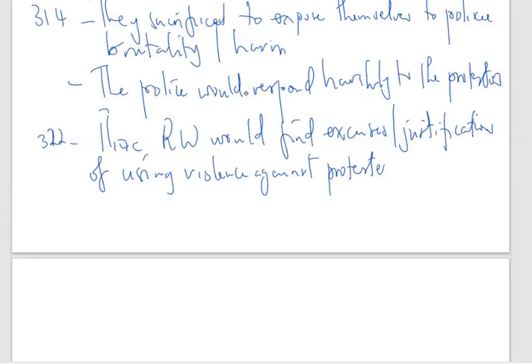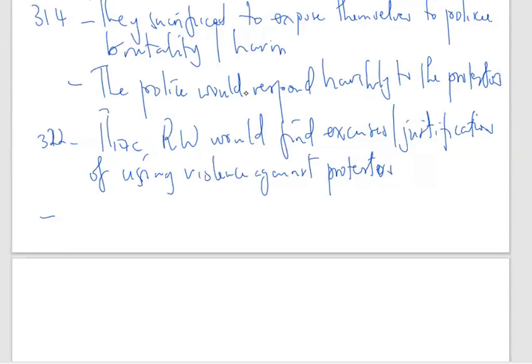If they would riot, it also implied that it would be justified for the right wing to use violence on them. So they will strengthen and use more violent means. By using non-violent means of protesting, it implied that there was no justification for the right wing to use violence on them. But if they also resort to rioting or violent means, then it would justify the right wing also using violent means and strengthening their side.